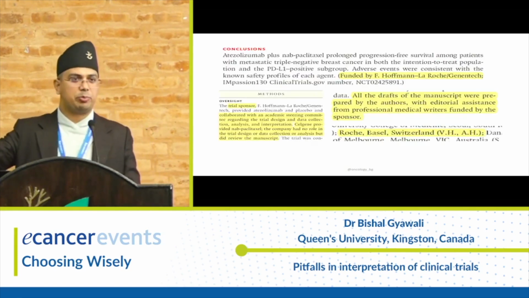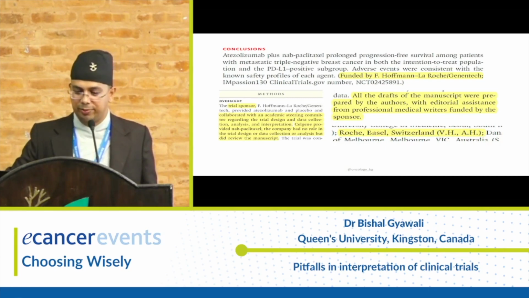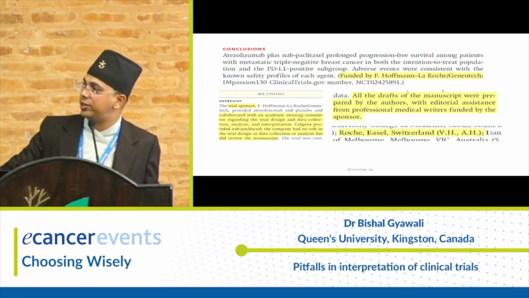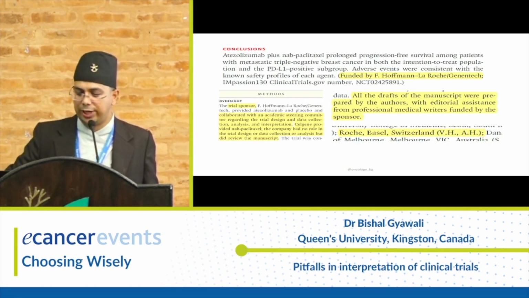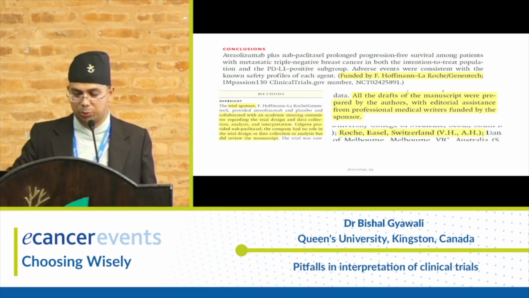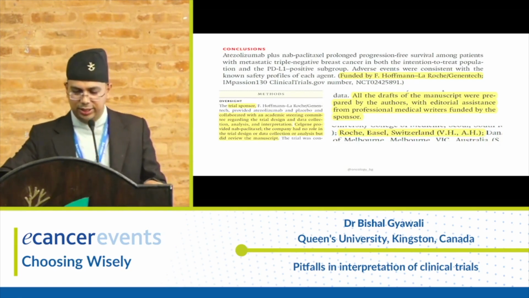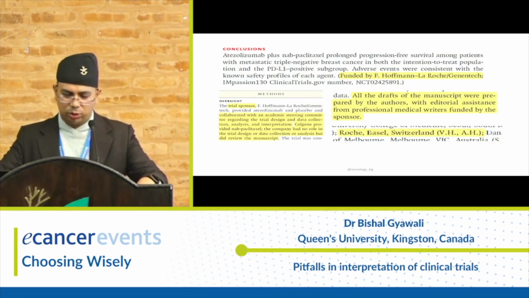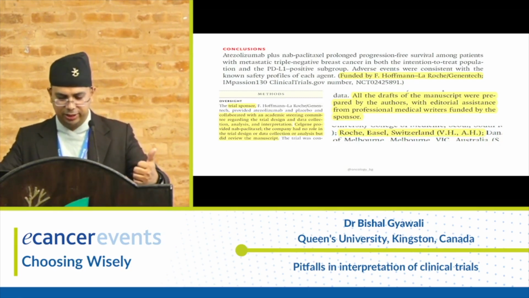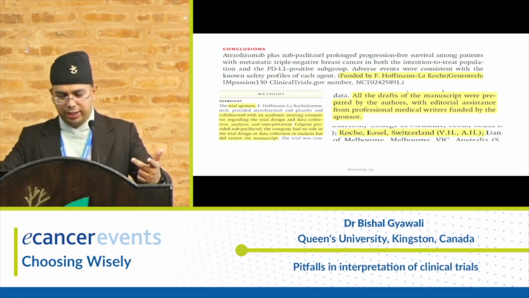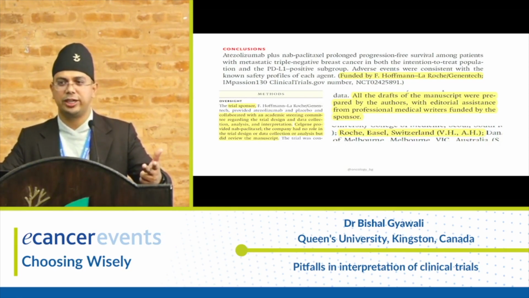Okay, a real example, the same trial. So where do you find these details? This is the end of the abstract, in which it says it was funded by this company, Roche and Genentech. And then in the methods section, you'll see that the trial sponsor, which is the company, Roche Genentech, not only provides the drugs, which is normal, but also says they collaborated regarding trial design, which is also fine, data collection, fine, analysis, even up to that point I'm okay, but also interpretation. How can the industry interpret the trial it itself ran?